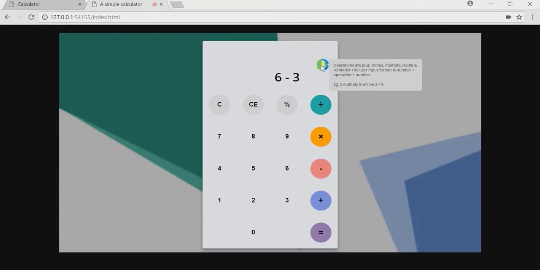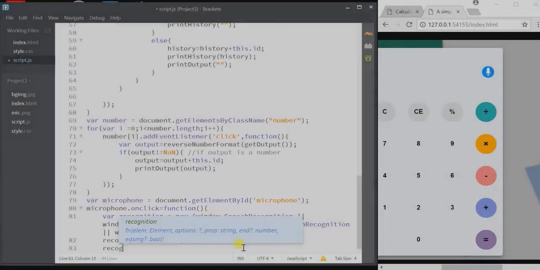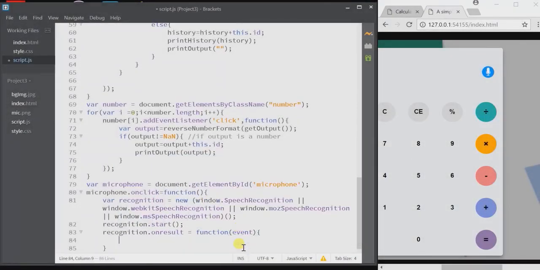Now using this speech recognition, you can develop more complex algorithms as you wish to make it more convenient for the user. But that concludes our Smart